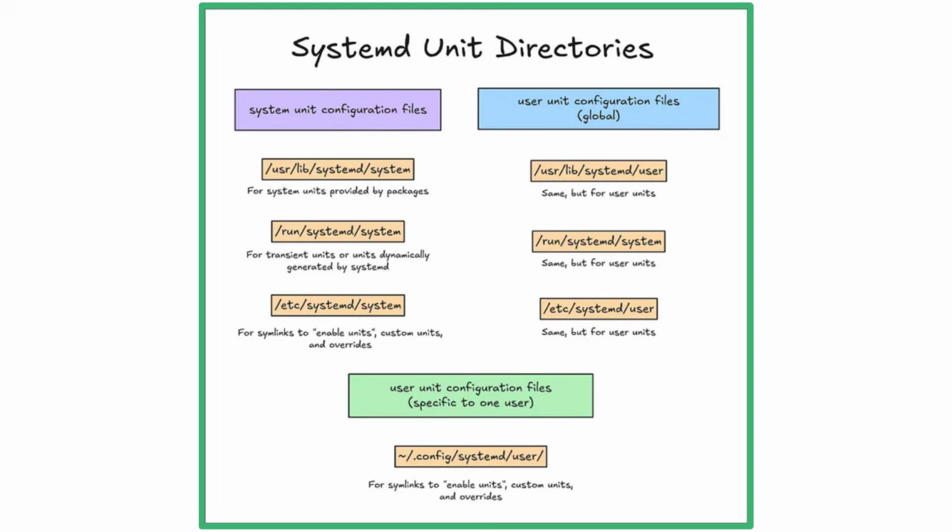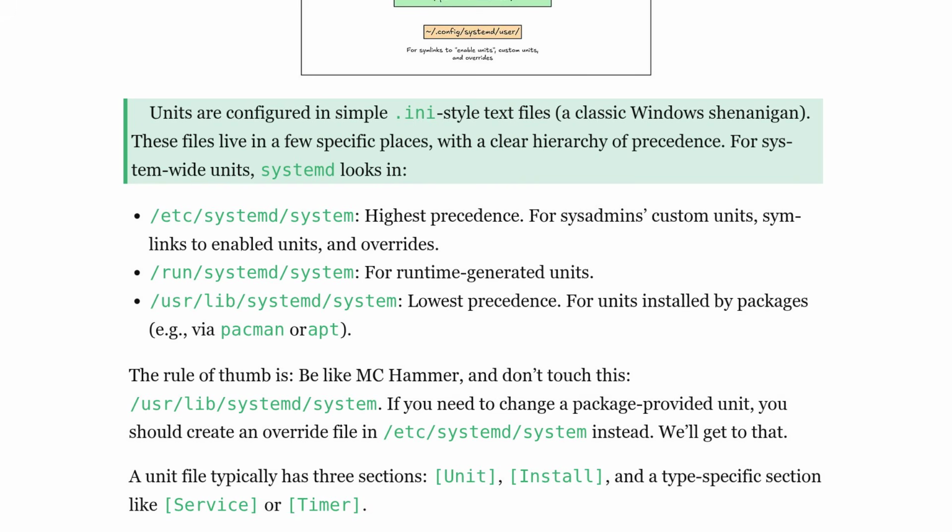Unit files. Image description. This shows the directories in which you can find unit files. Note how they're a cross-cutting concern, such as system vs user and type of units. Units are configured in simple ini-style text files, a classic Windows shenanigan. These files live in a few specific places, with a clear hierarchy of precedence. For system-wide units, systemd looks in,